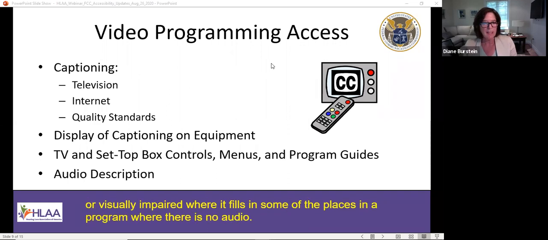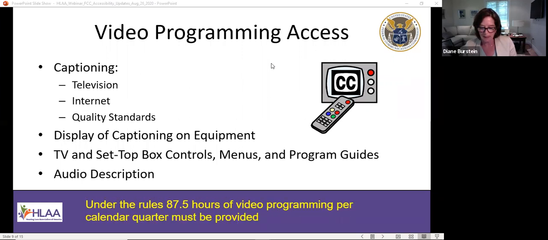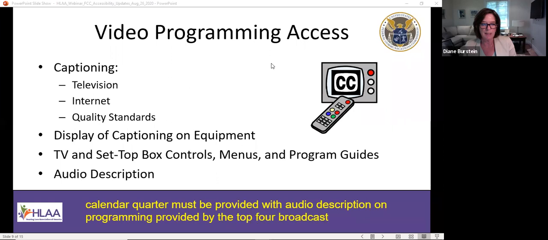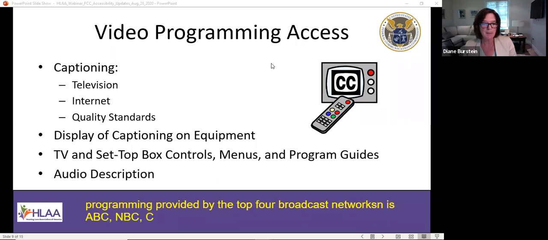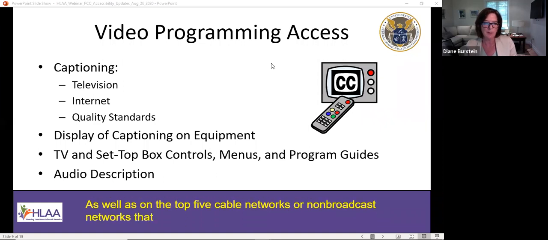Under the rules, 87.5 hours of video programming per calendar quarter must be provided with audio description on programming provided by the top 4 broadcast networks, that is ABC, NBC, CBS, or Fox, in the top 60 television markets, as well as on the top 5 non-broadcast networks that are carried by multi-channel video programming distributors like cable systems or DBS.